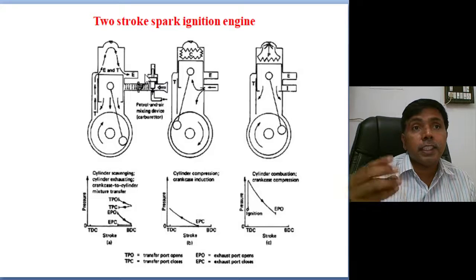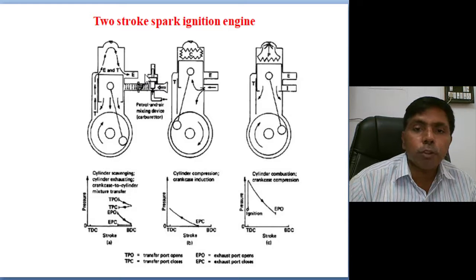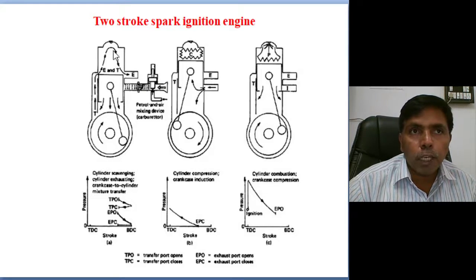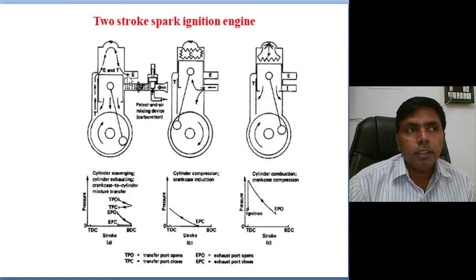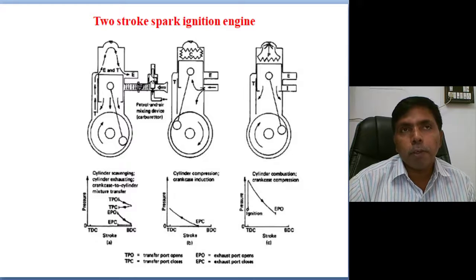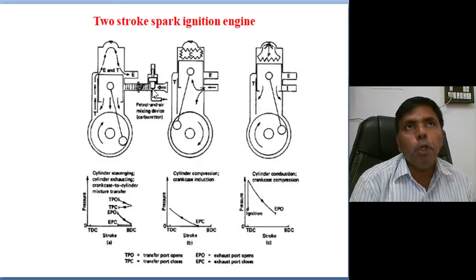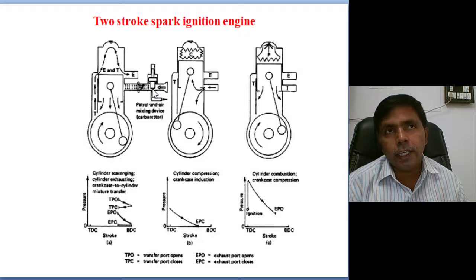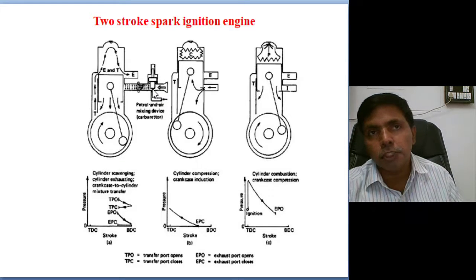It means the exhaust gas particulate matter is increasing, carbon monoxide is increasing. And here also, you see, before complete expansion, in between itself the exhaust port is opened. So some of the combusted fuel, maybe carbon monoxide, some of the particulate matter may escape from the exhaust. So from a pollution point of view, two-stroke pollution is high compared to four-stroke. In four-stroke, the entire expansion stroke is there, 180 degrees of rotation of the crankshaft. Entire expansion will take place, but here in between itself the exhaust port is opened.